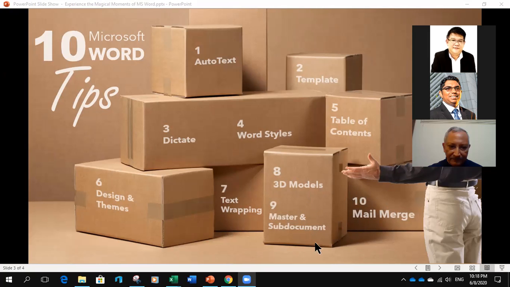Number 1 is going to talk about master and sub-document. Remember, I told you that we are going to talk about a collaborative tool. This collaborative tool, master and sub-document, is for when we have more than one person involved in creating a document and we do not want to share the document.